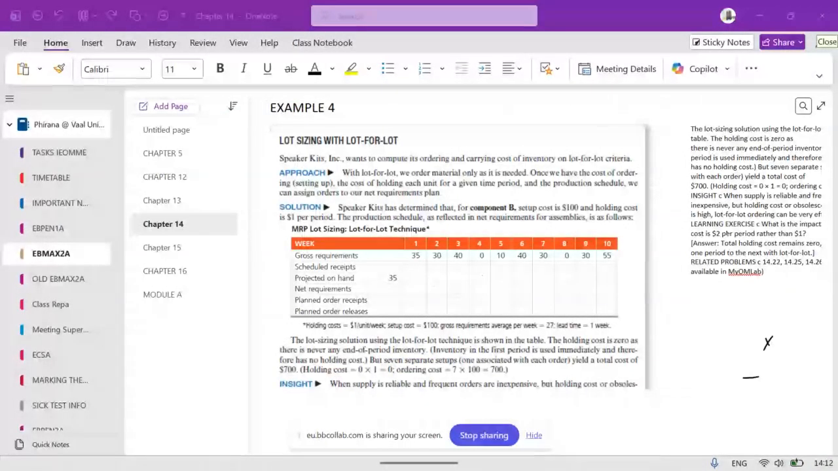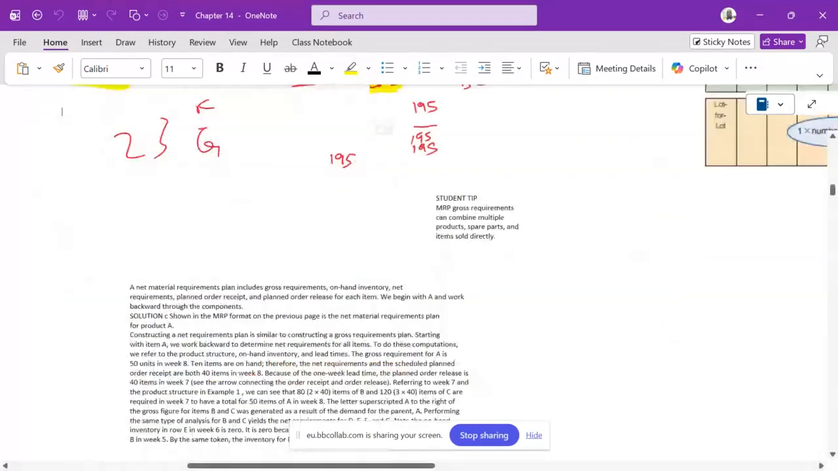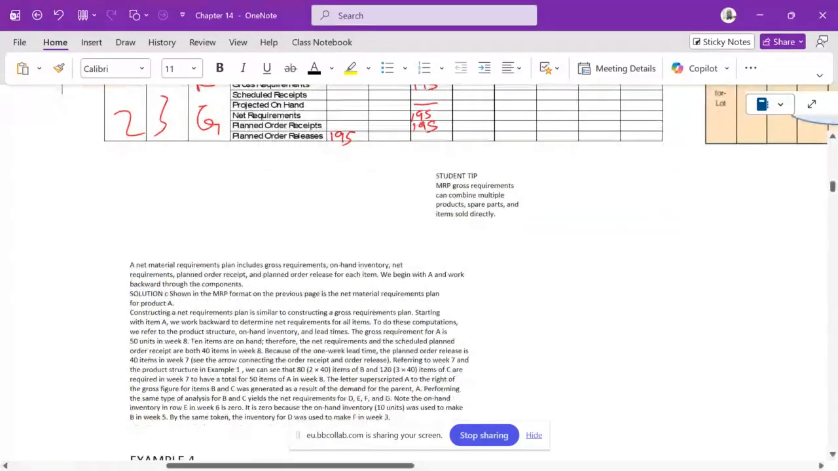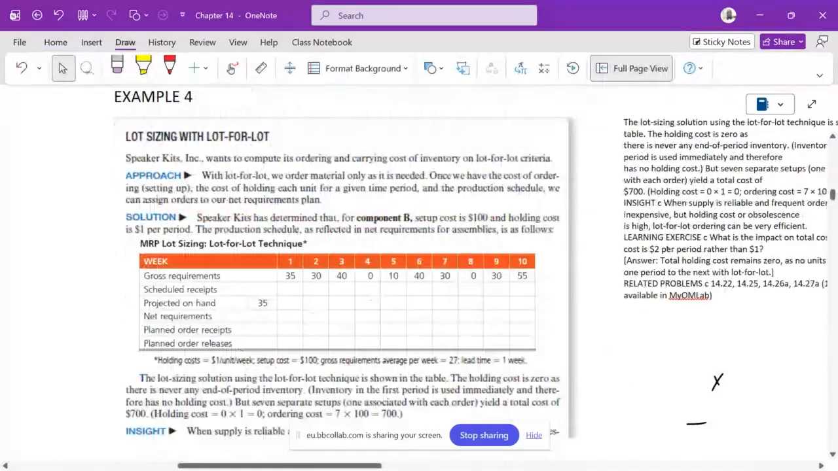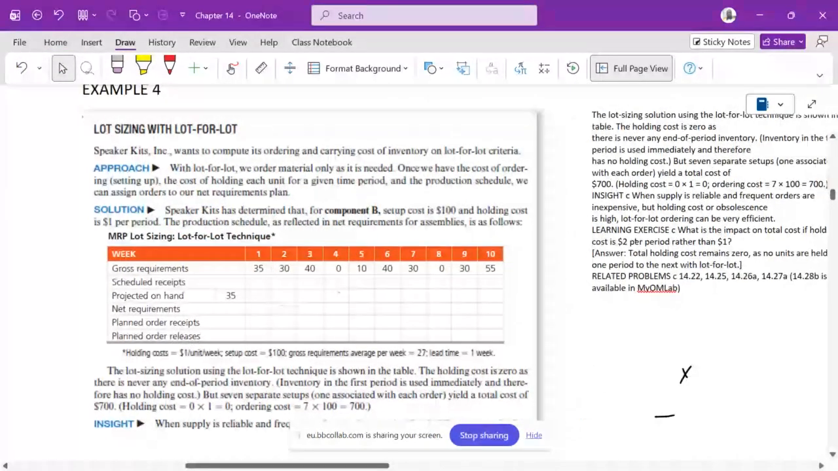So we have this now. We're still on the speaker example. Don't jump now. We are on the speaker example, and